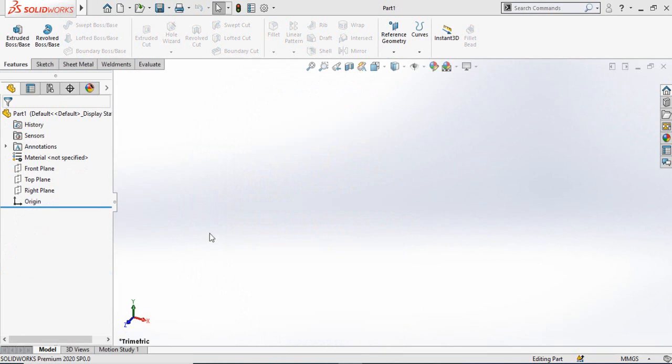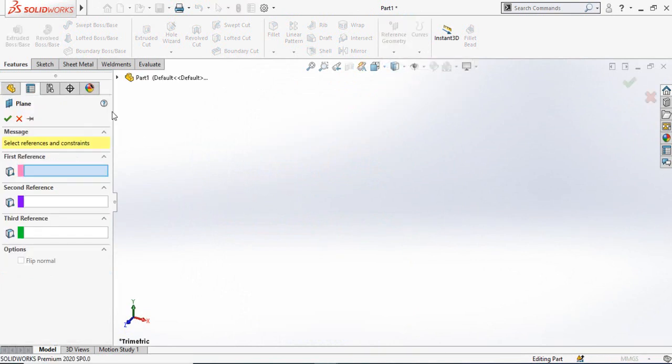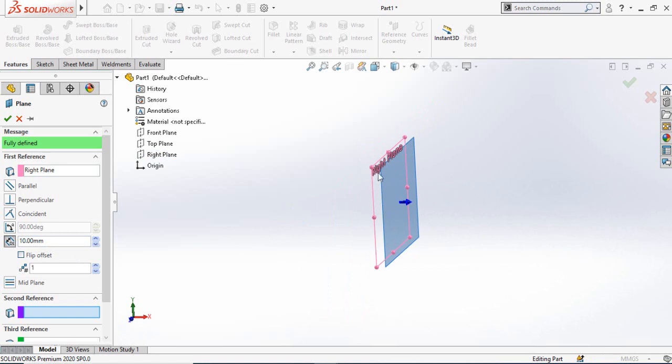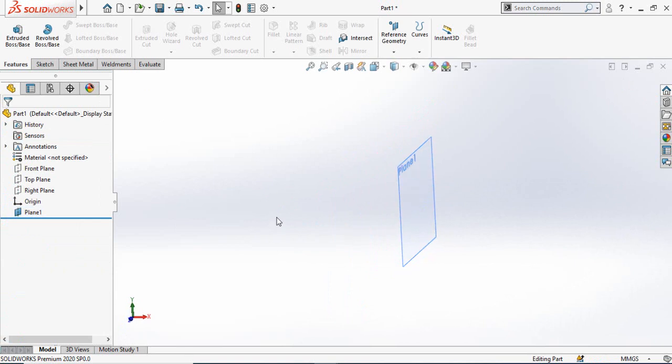Okay, let's start. First of all, I am going to make its blade. So for that, go to features and from here click on reference geometry and then select plane. As a first reference I'm going to select right plane, and then the distance from this existing right plane is 30 millimeter. Press OK button. Now first you have to sketch on top plane